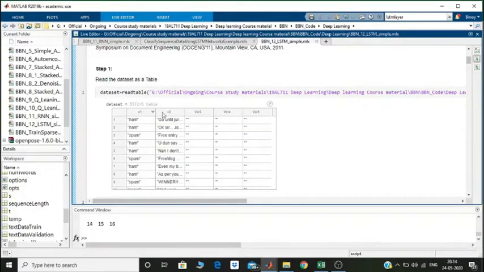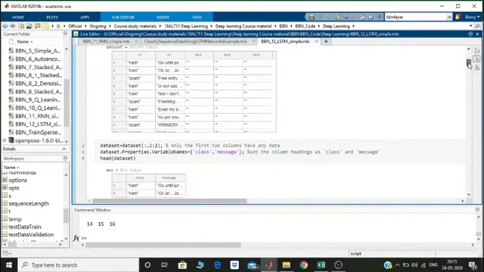So it takes 5 columns. Columns 3, 4, and 5 don't contain anything, but somehow it picks up all 5. So we will remove 3, 4, and 5. They are mostly contentless. For us, the only contents are V1 and V2, the first column and the second column. The first column gives me the class, the second column gives me the message.